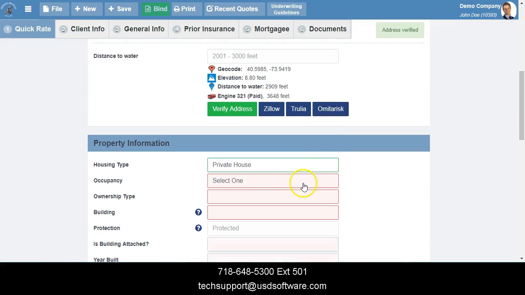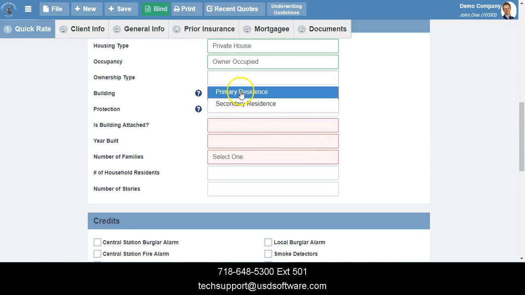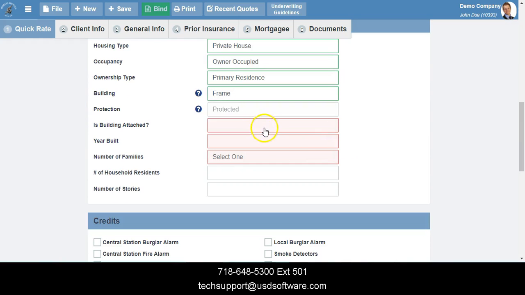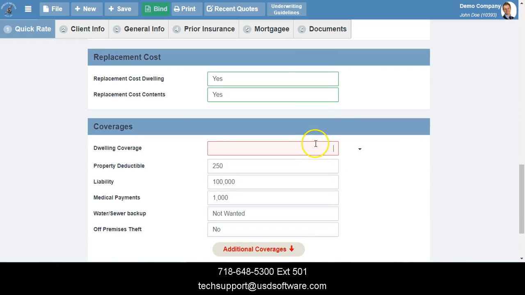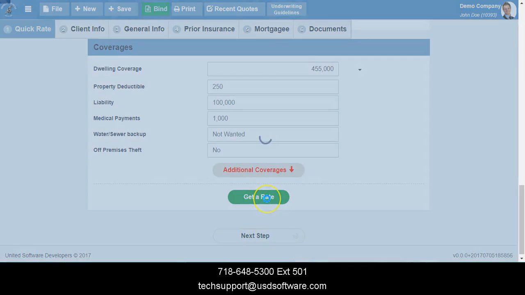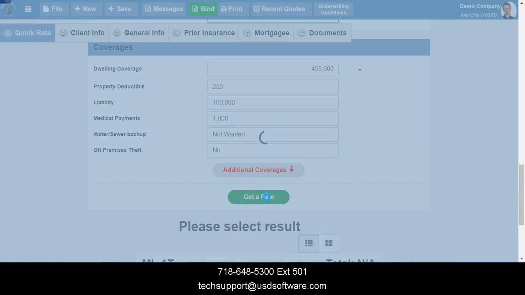So the housing type will say private house, occupancy, owner occupied, ownership type primary, building's a frame, it's detached, we'll say it's built in 2008, one family, two residents, it's got a smoke detector, and we'll say $455,000. I'll keep all the defaults here, click get a rate, and it's going to pull up for all the policy forms,